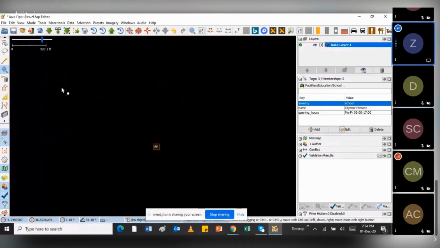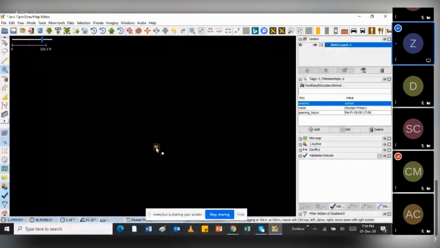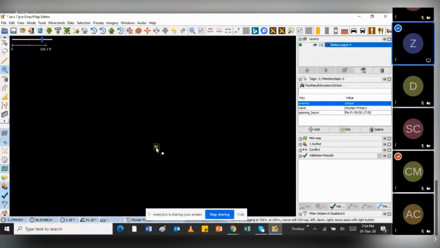If I zoom in, I get to see it has an icon attached to it now, which specifies that this is a school feature. If I zoom in further, you also get to see the name appear here. So that's how we can add tags using JOSM.